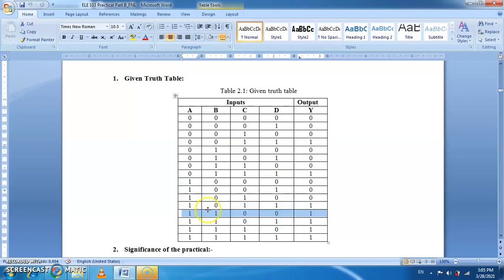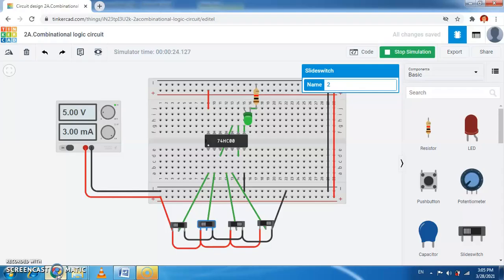So if you observe this truth table here, you will find that if any two inputs are 1, either AB or CD, we get the output 1 here. So we can use another condition also here. We make all 1 here. So this is also 1, this is also 1 here. Still the output is 1 here. Then we make AB 0, and CD is 1, still the output is 0. So in this way we can verify this truth table for this logic circuit here.